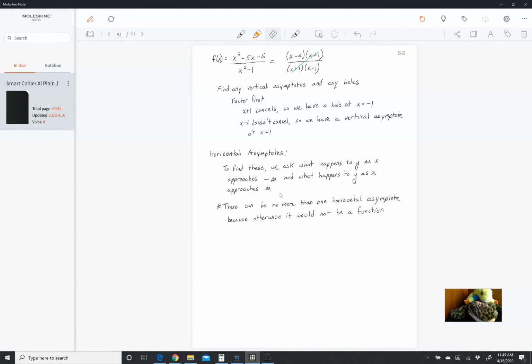So let's take a look at some reciprocal functions and see what's going on, okay? We're looking at rational functions. Reciprocal and rational are the same thing. We're using them interchangeably here, okay? So if we take a look at f of x equals 1 over x,